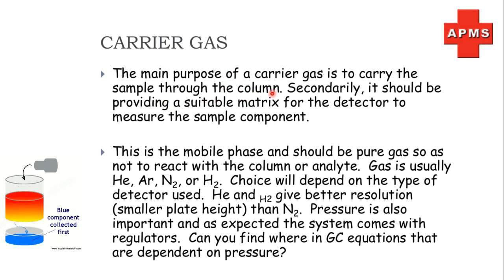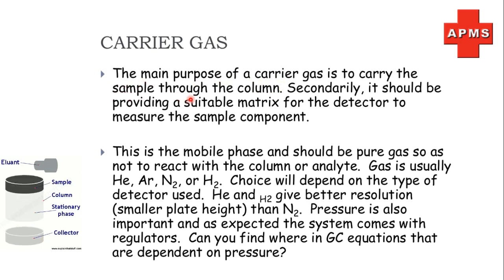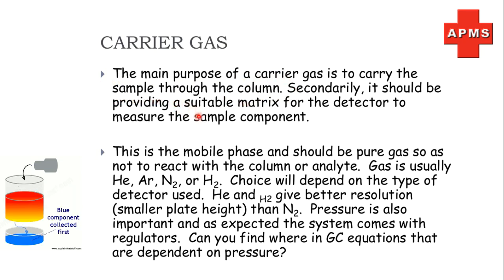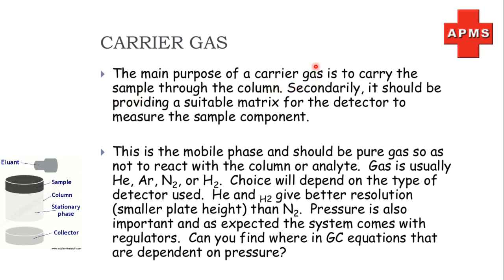The sample which is to be analyzed is present in a very low amount, generally in micrograms. So the sample itself could not go through the column. Some carrier is required which carries this sample and passes it through the column. So this carrier is a carrier gas. It carries this sample through the column in its vapor form or gas form.